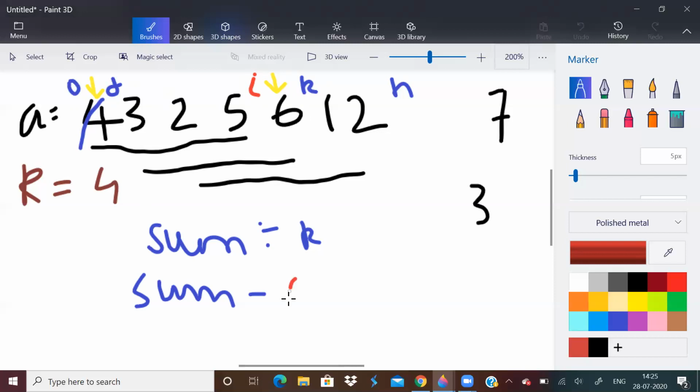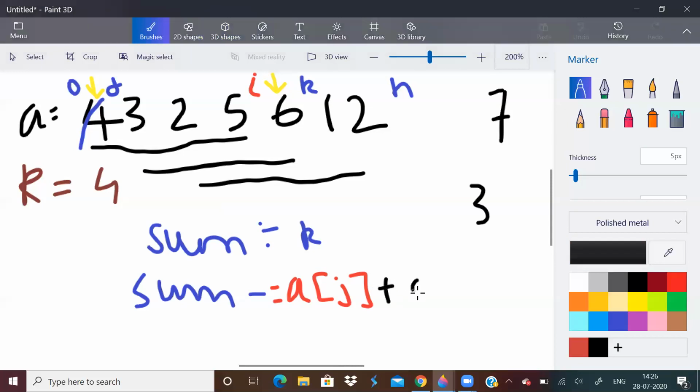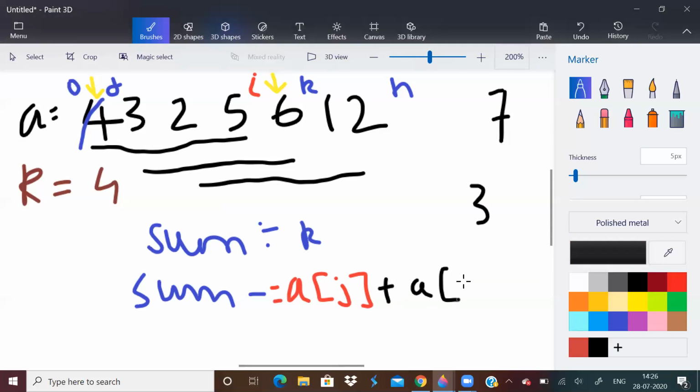So what do we do? We do sum minus equal to a of j. That is, we remove this element and we have to add the other element. So to add the other element, we do sum plus a of i.